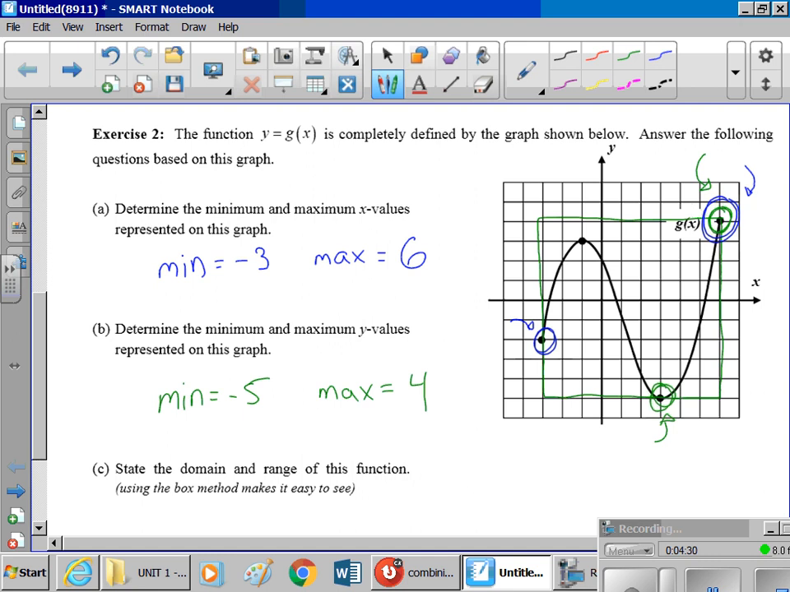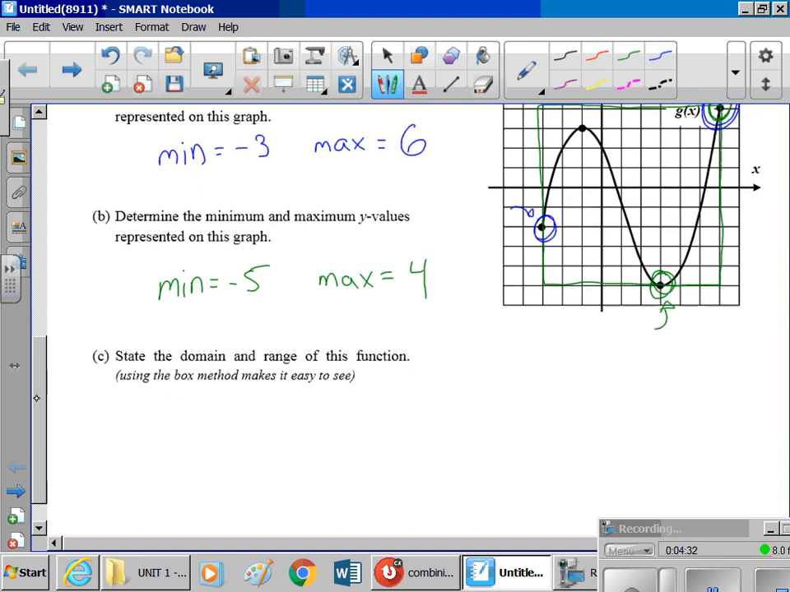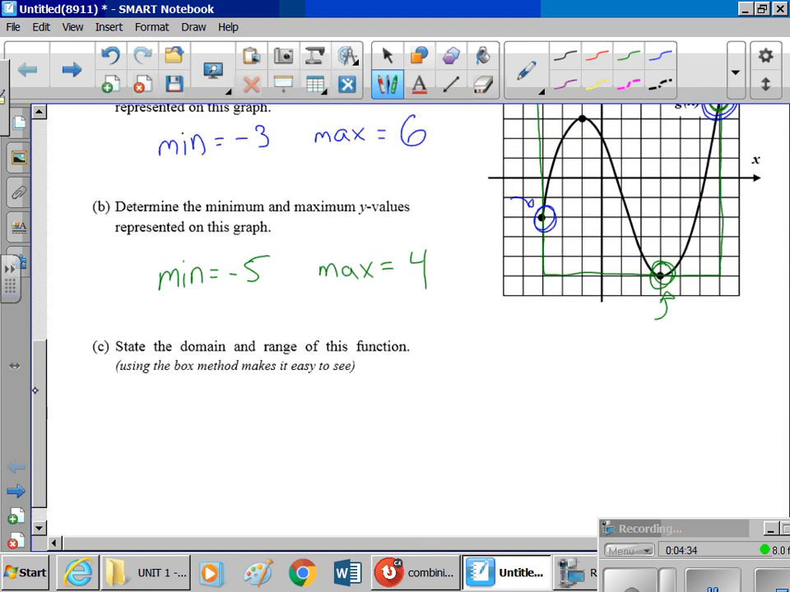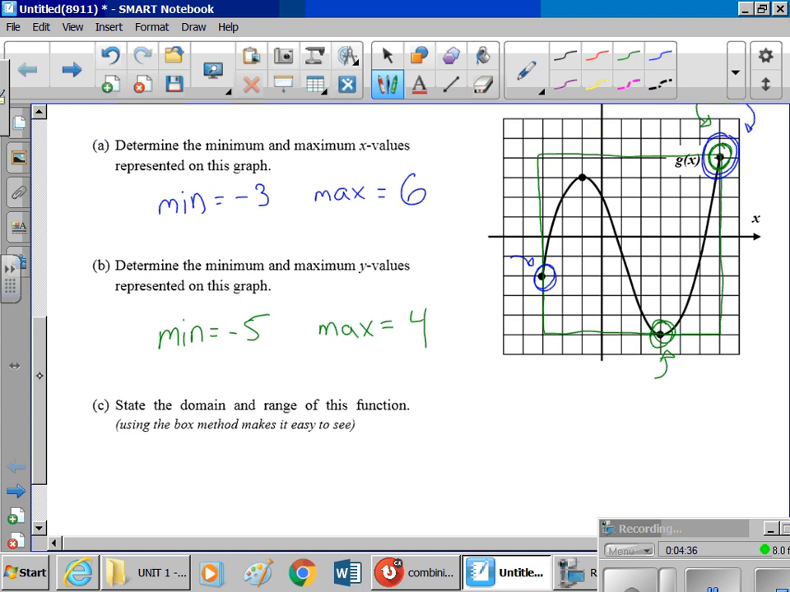Okay, C says now state the domain and range of this function. This is the question I wanted to answer at the beginning. We're going to answer this in 2 different ways because it doesn't ask us which way, and if it doesn't, we get to choose. But we're going to talk about both ways. So if we're going to talk about set building notation, and we're going to talk about the domain,